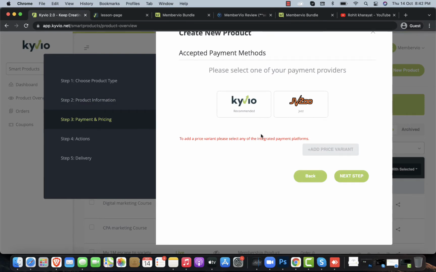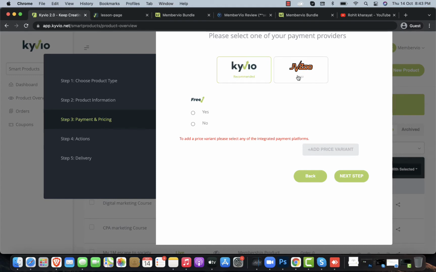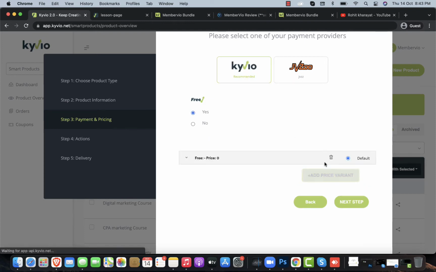Now it asks for a payment. If somebody buys your course, they have included many payment methods, like PayPal, Stripe and all these things. I have only connected JVZoo and these things right now, so no worries about this. For right now I am going to give it for free. And we just have to give the pricing.